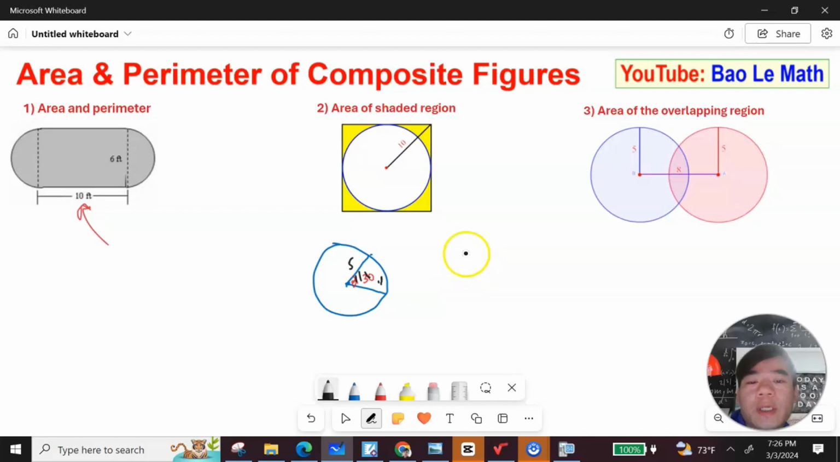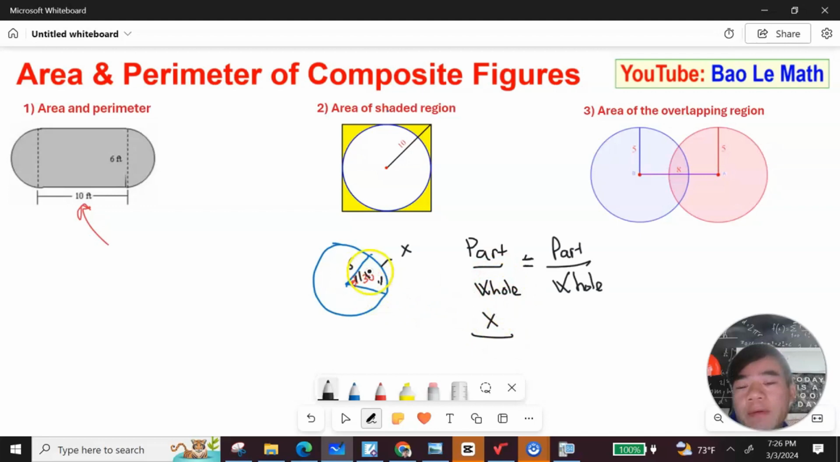So you need to use the formula, and this is the trick: part over whole equals part over whole. Keep this formula in mind. It helps you ace every single test, especially the SAT. Now I need to calculate the area of this sector. I don't know the area of this sector, so I just put S. So I have S over